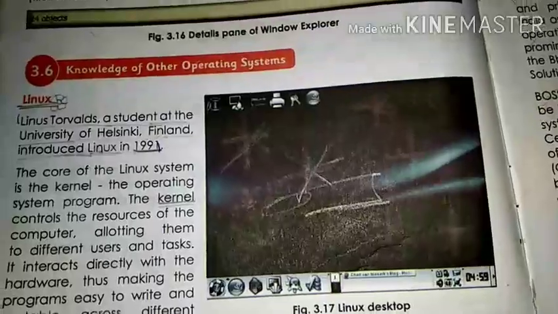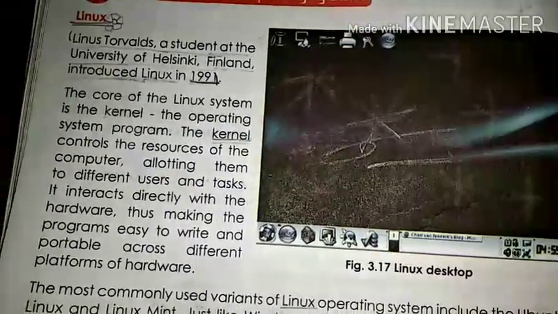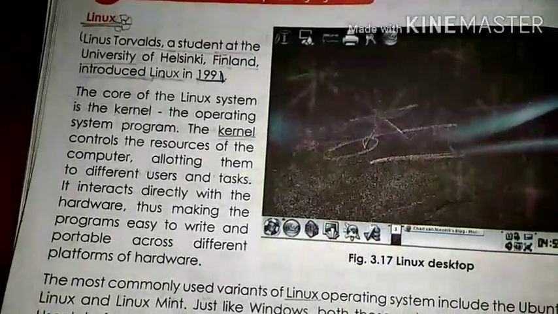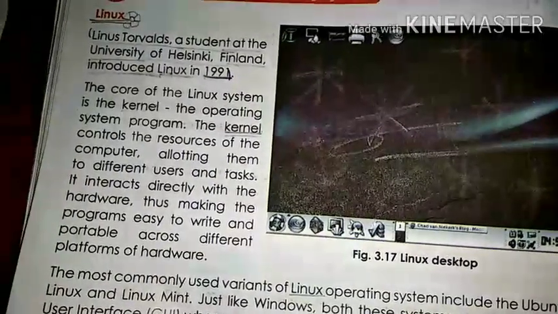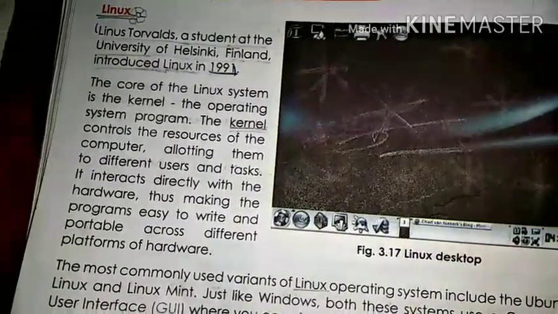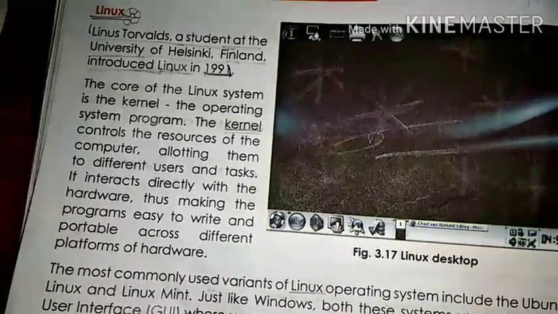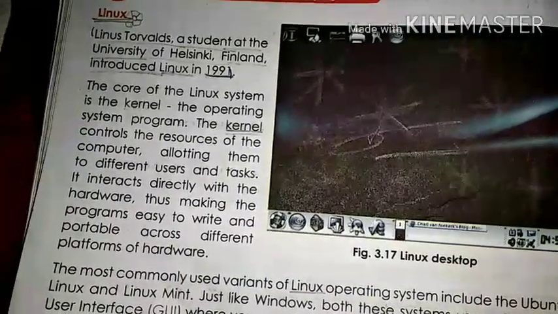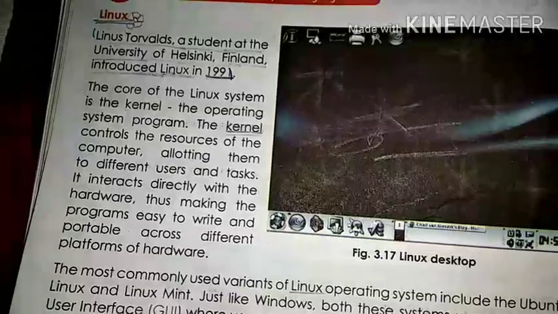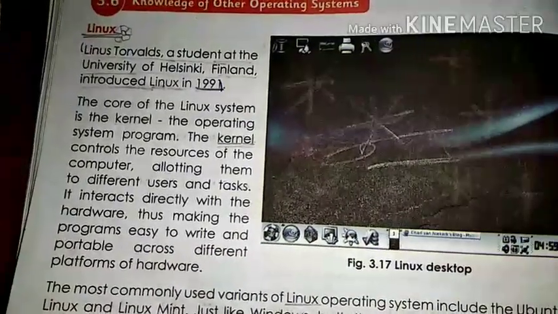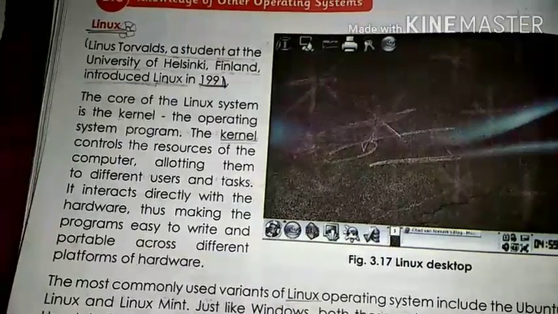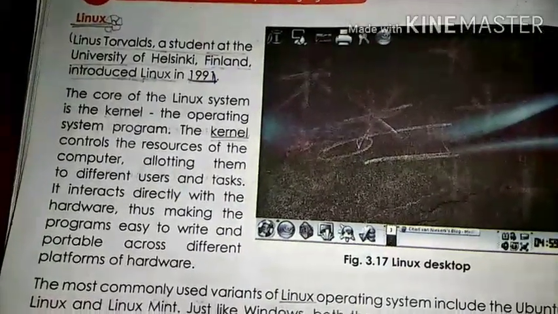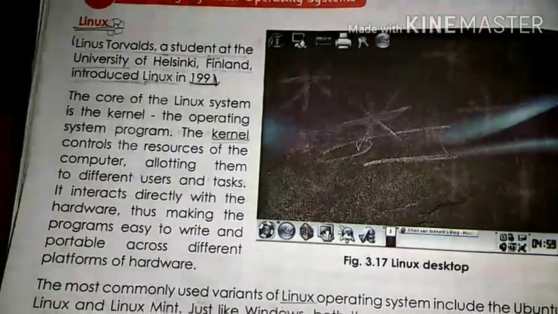So in the Linux operating system, the kernel plays an important role, helping you to control and allot the resources, and to make your work easy with the help of different hardware.